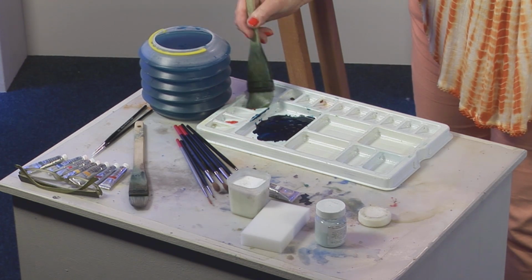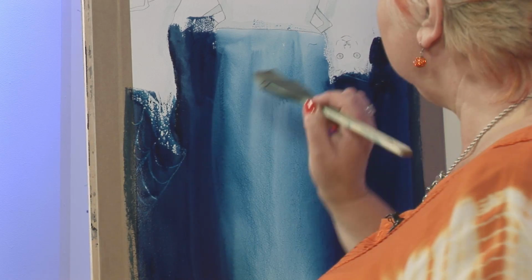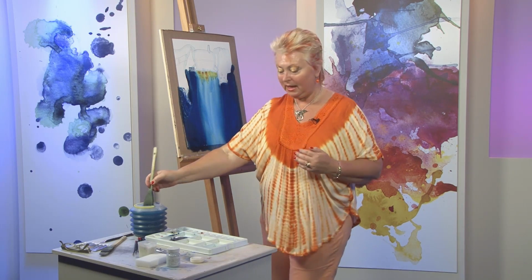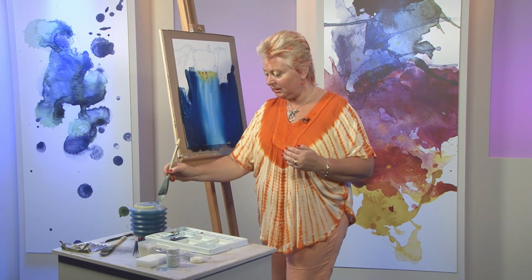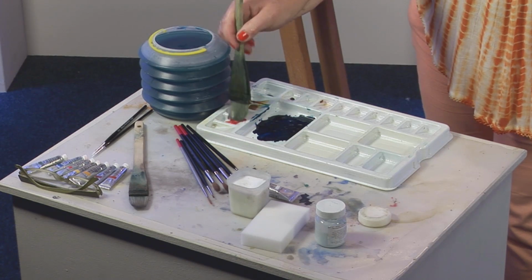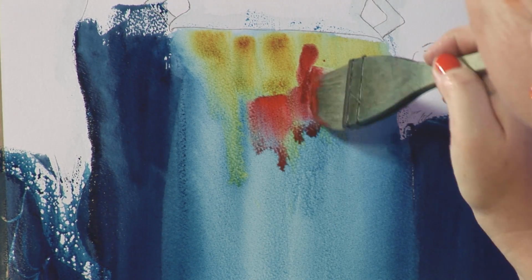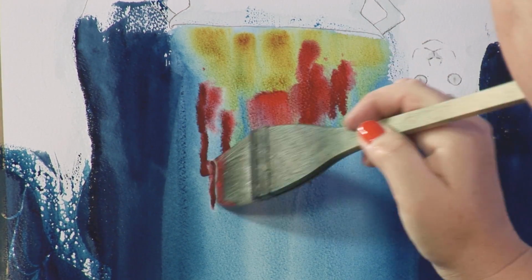Here we go with a tiny bit of quinacridone gold up by the cauldron, like that. And how about a touch of Scarlet Lake? This is a super colour. Vivid, bright, warm, hot colour. Look at that. So in here,